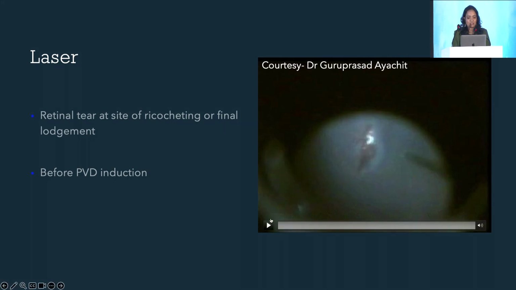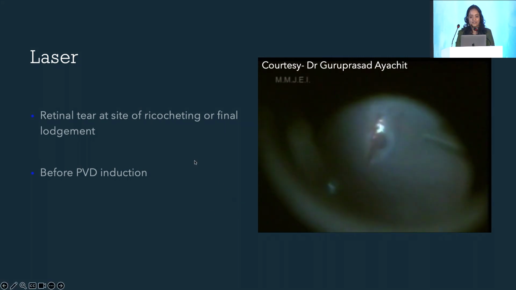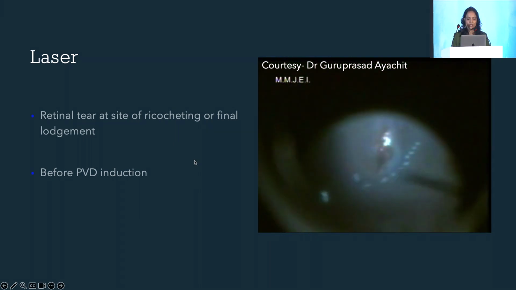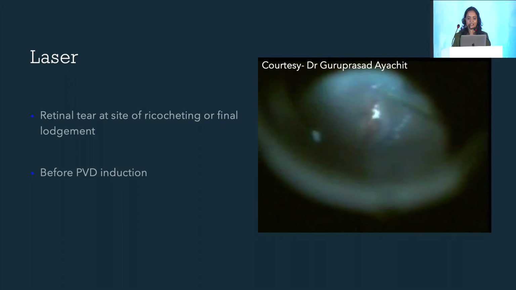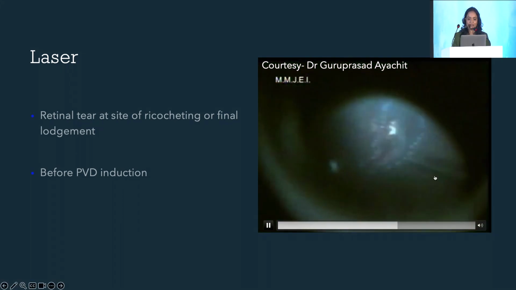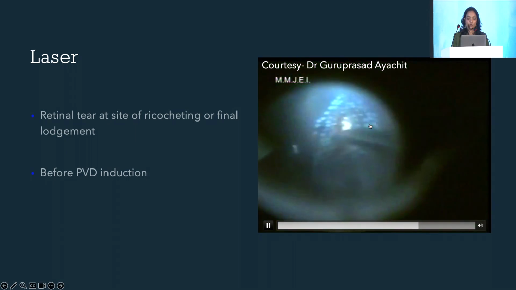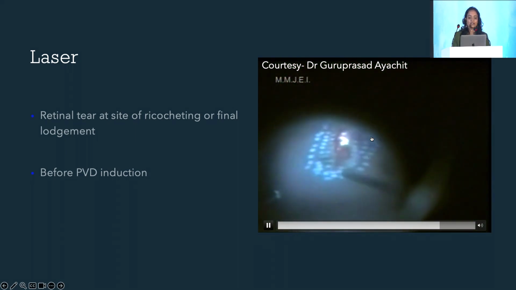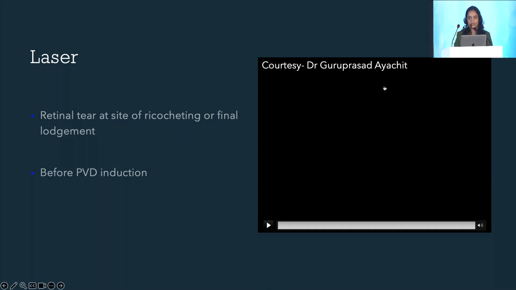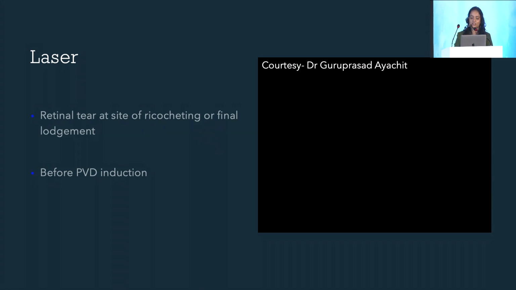So this is a video of a retinal tear which has occurred due to the ricochet of the foreign body, and this has to be lasered before the PVD induction. Like I said, at the time of PVD induction, at the border of this tear, the retina can get lifted. So to prevent that, we can do a laser intraoperatively around the margins,